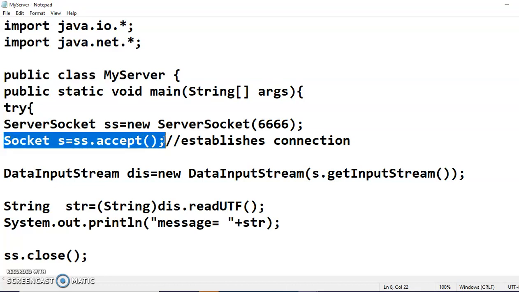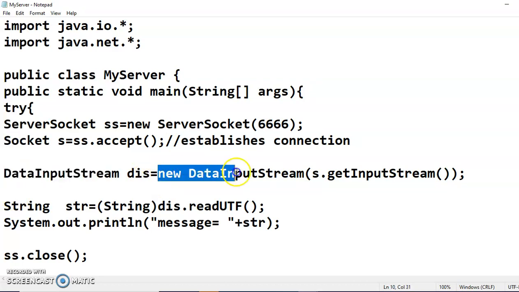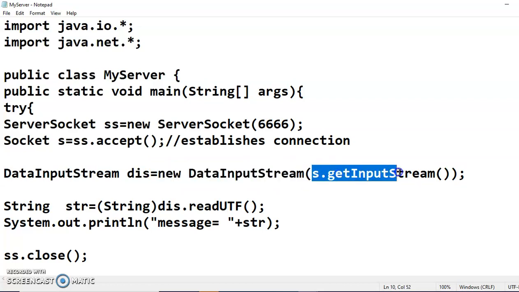Now once the connection is established between a client and a server, what is the next step? As I have already told you, we are creating a simple program where the server will simply read the data from the client and print it. So the purpose of this connection is to read the data from the client. For reading, we are creating the object as DataInputStream: dis equal to new DataInputStream, and in the brackets we write s dot getInputStream.